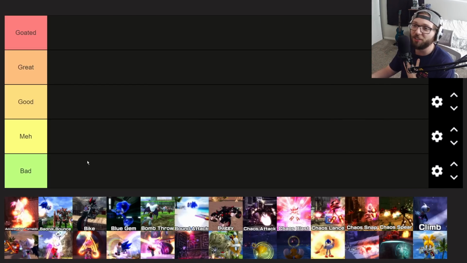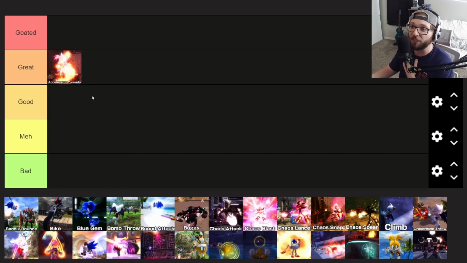With our first ability, the Accelerator Tornado. Accelerator Tornado is a pretty great ability. I will be talking about these abilities as they are part of the entire moveset, because kind of the whole point of Sonic games is to use the moves in tandem with each other in order to go fast throughout the stages. And the Accelerator Tornado, not only being a great double jump for Blaze, can also be a triple